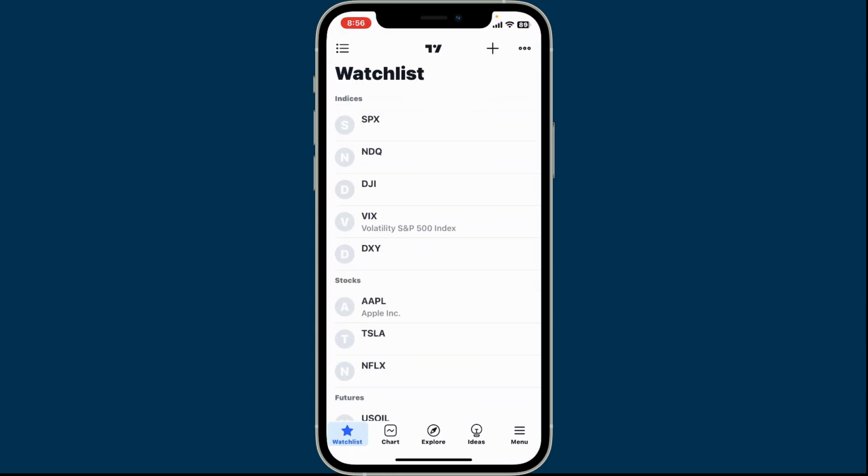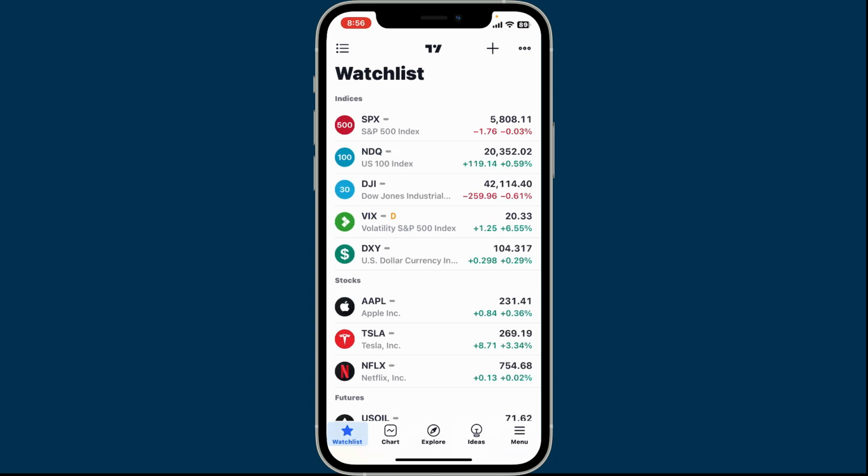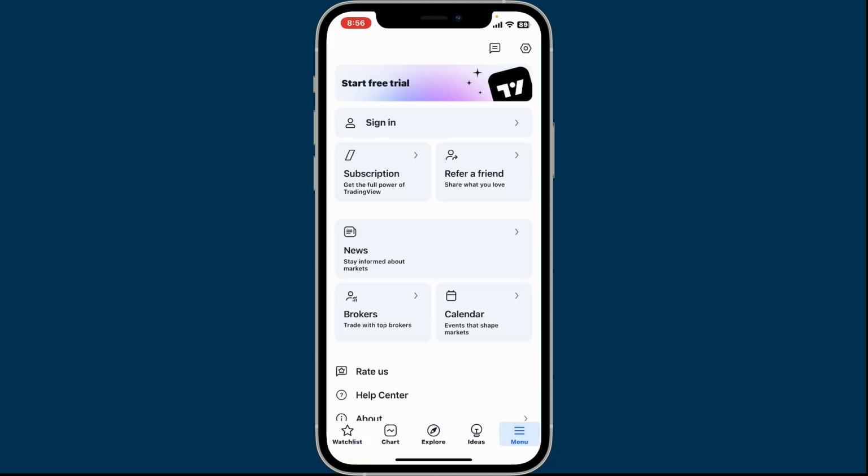Click on the yes button in the pop-up if you really want to sign out, and then you will be redirected to the main home page, and that is how you sign out or log out of TradingView application on